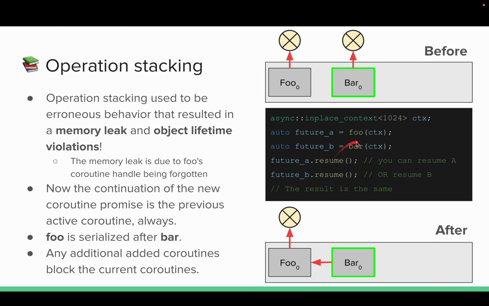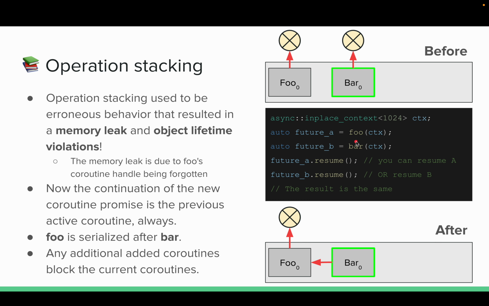Now, I should have explained what operation stacking is in the code. You have a context, you call foo, which is some coroutine, and you pass the context to it. Then you call bar with the same context, and now it's a question of what happens next. What happens next is that the continuation of the new coroutine promise is set to the previous active coroutine, always. In simpler speak,